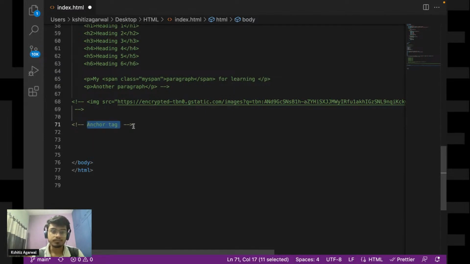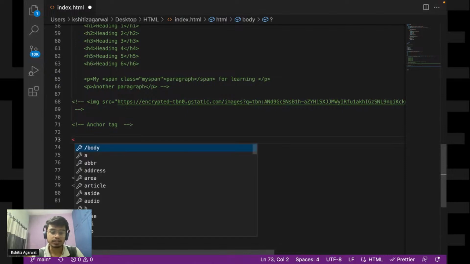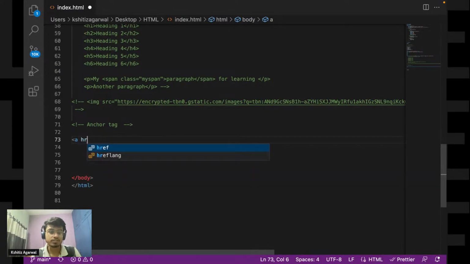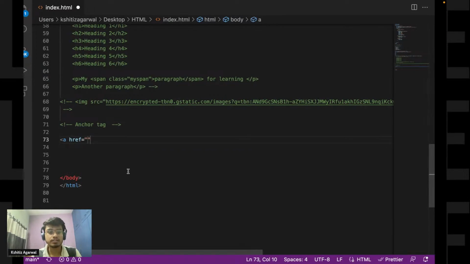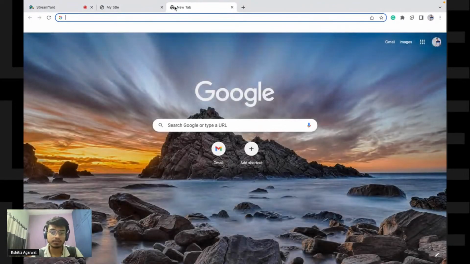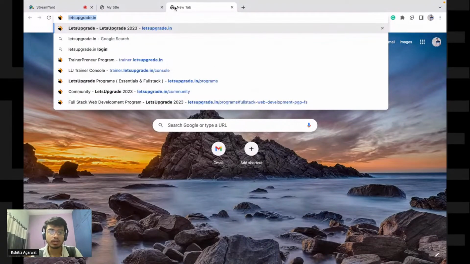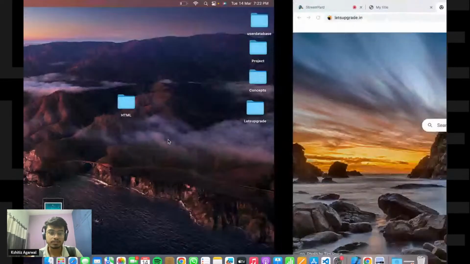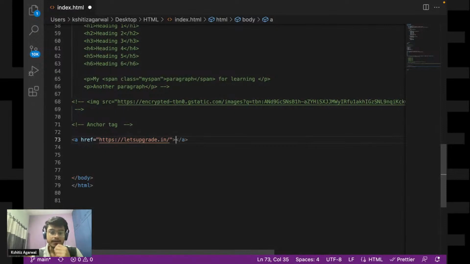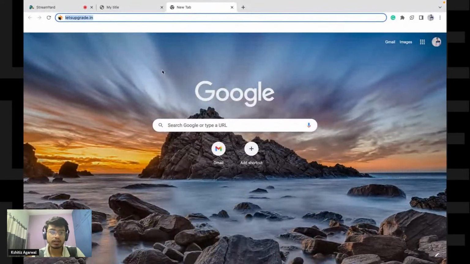For writing the anchor tag, this is the syntax that you follow. A is the abbreviation for anchor tag, then href. href is your reference link, actually, where you want to take the user. Let's say I just want to take you to LetsUpgrade.in only. So let me copy this URL and paste it over here, and I write Let's Upgrade as the link text. Now if I go over here and refresh my page,